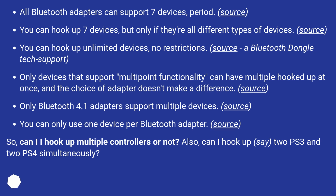Only devices that support multi-point functionality can have multiple hooked up at once, and the choice of adapter doesn't make a difference. Source: only Bluetooth 4.1 adapters support multiple devices. Source: you can only use one device per Bluetooth adapter. Source: